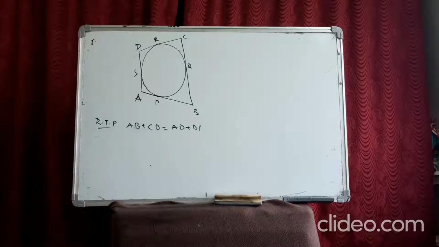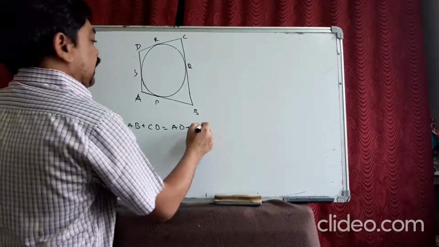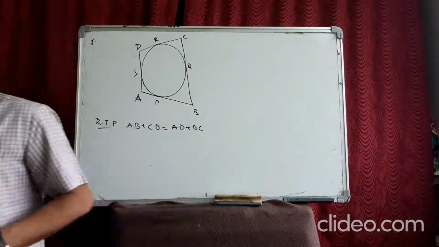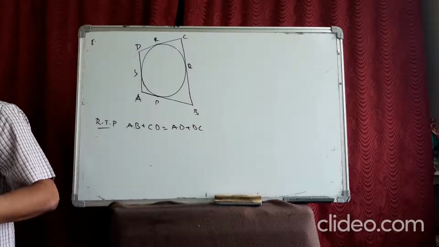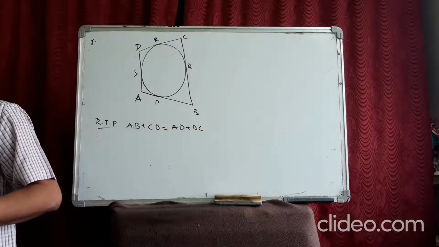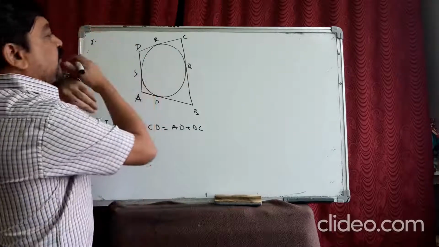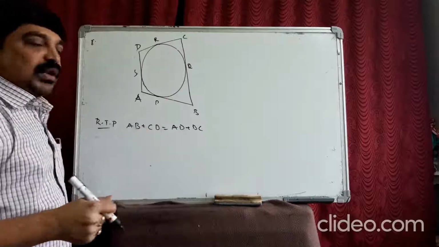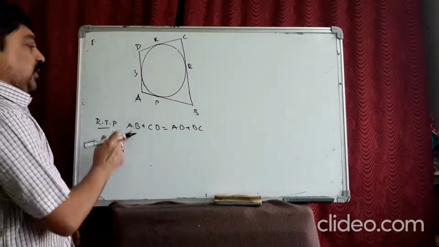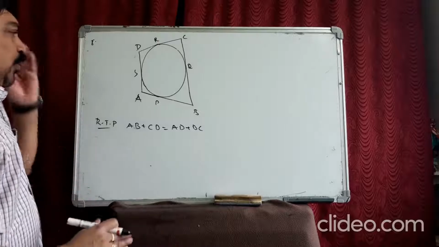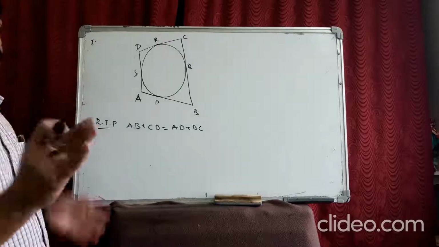Right. Look here in the 8th question. What did they say? There is a quadrilateral circumscribing a circle. Quadrilateral ABCD circumscribing a circle. And that means it is touching. Circumscribing means touching all the sides of a quadrilateral. Now we have to prove that AB plus CD is equal to AD plus BC, and we just apply the property. I'll tell you the logic also behind this.